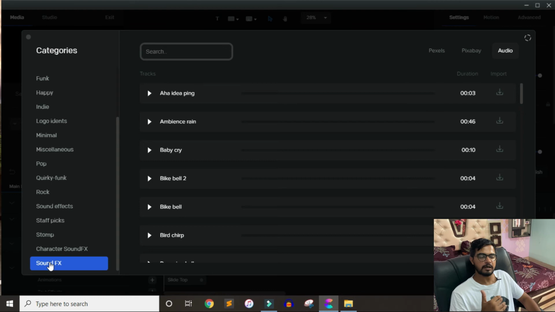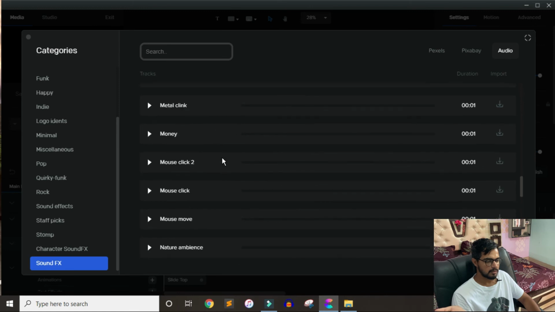If you didn't purchase that media upgrade with Create Studio, then don't worry, the sound that we are going to use you can find on the internet. Okay, so there are two mouse clicks, actually three, and mouse move.